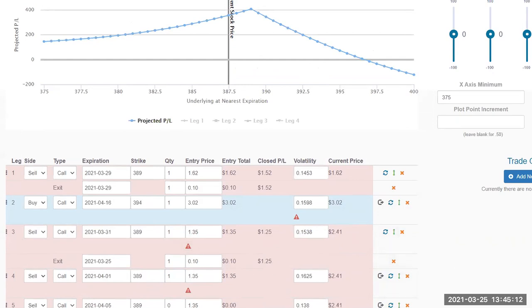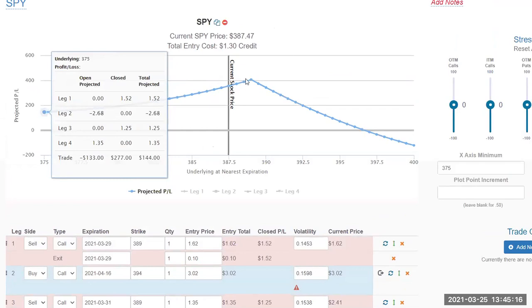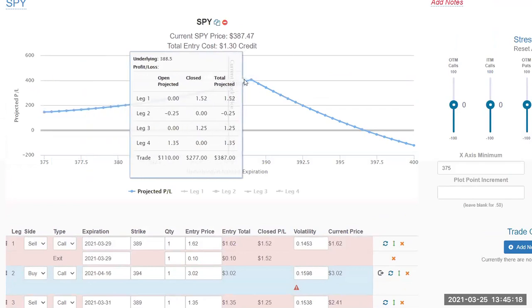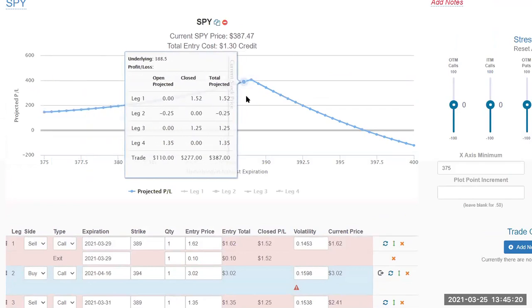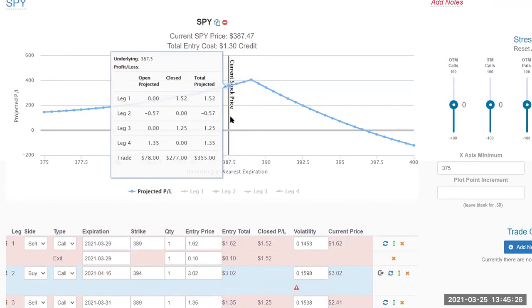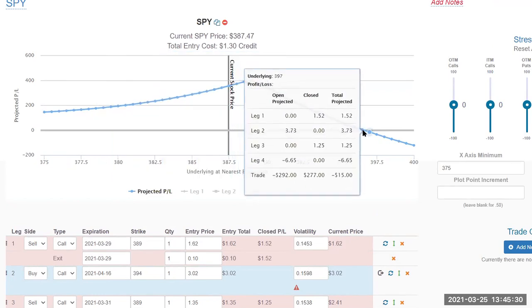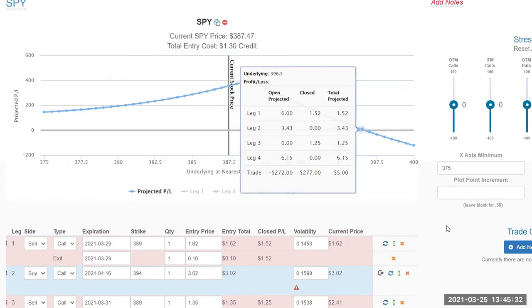But once we do that, all of a sudden now we have a decent credit on the trade. We have a $400 profit potential max. We've collected, between the closed trades and the open position, we probably have a pretty significant profit on this thing. We lower the risk again. We push the break even further to the upside.